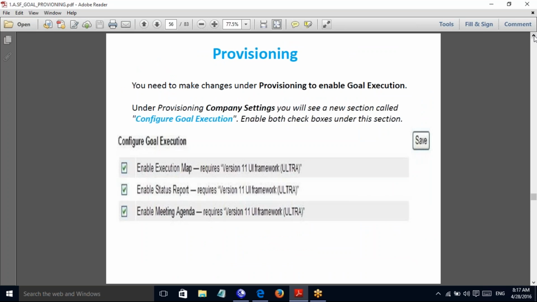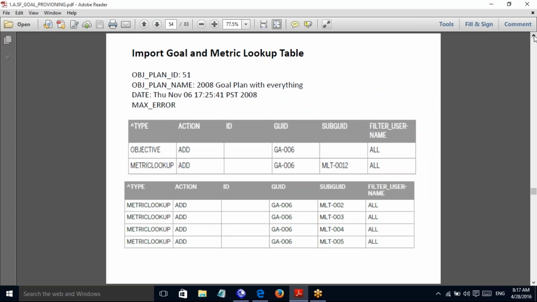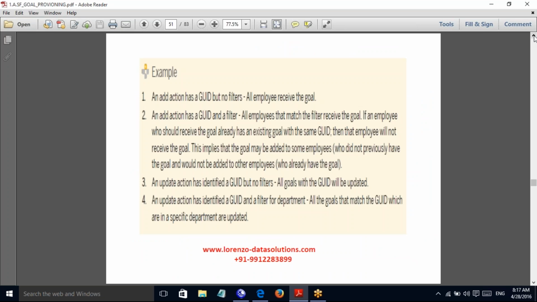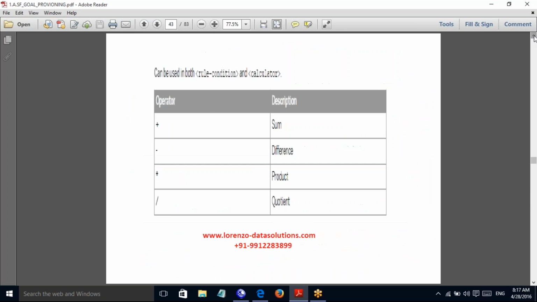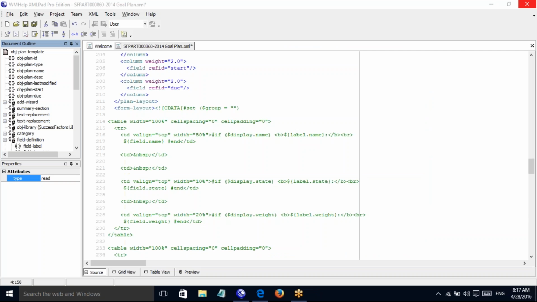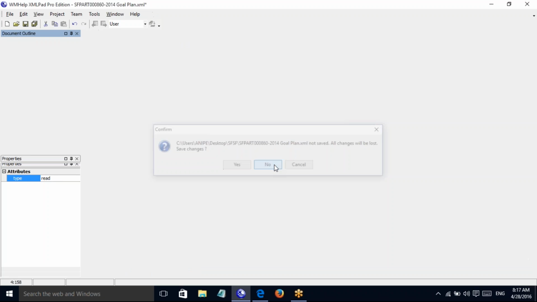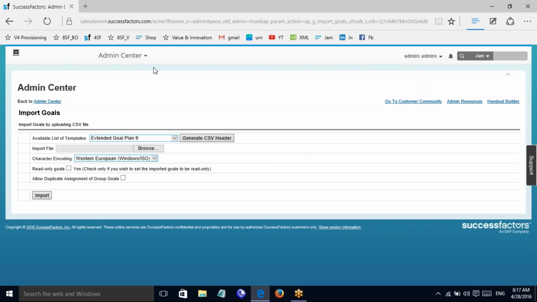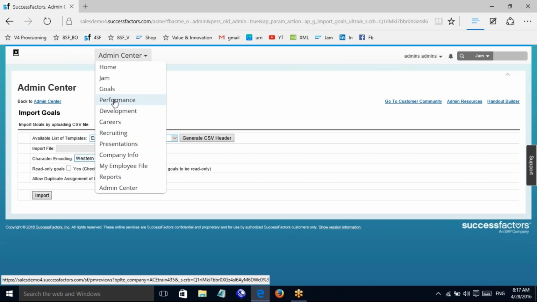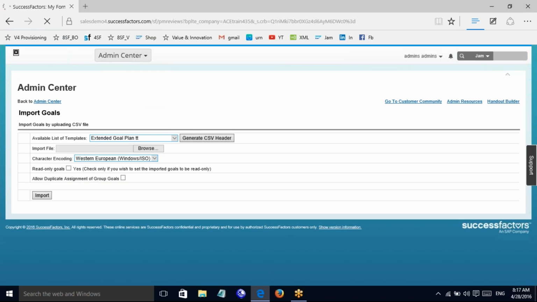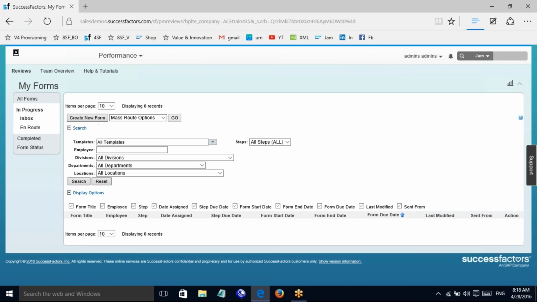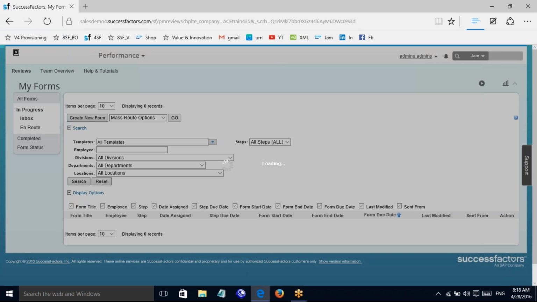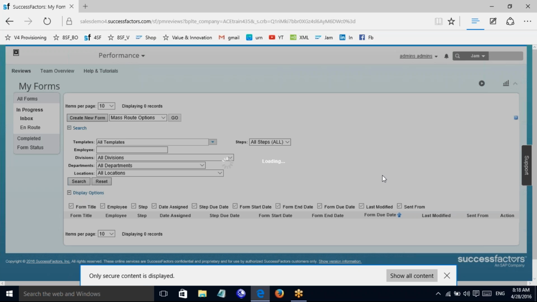But if you are going to use the performance form life cycle, or performance cycle, a lot of other configurations have to be explained and created. Then only you'll be able to see everything here in the performance section, with all the things assigned. So we have a lot of other things where you can track and understand them. But here it is not like your Employee Central module. Employee Central is having a lot of